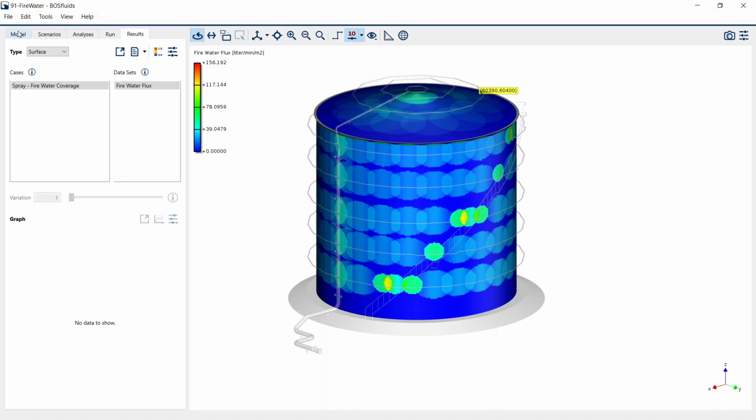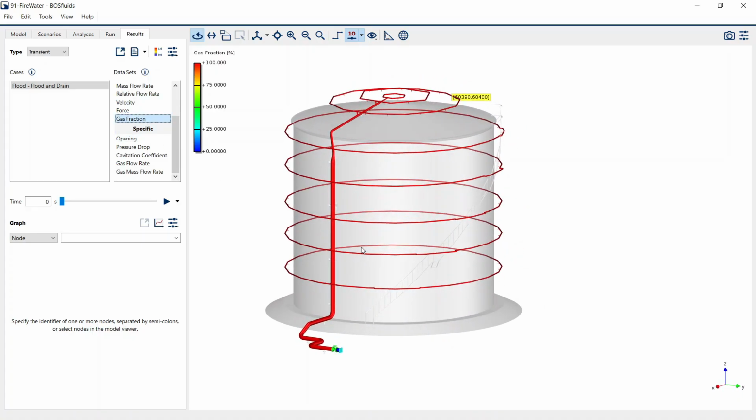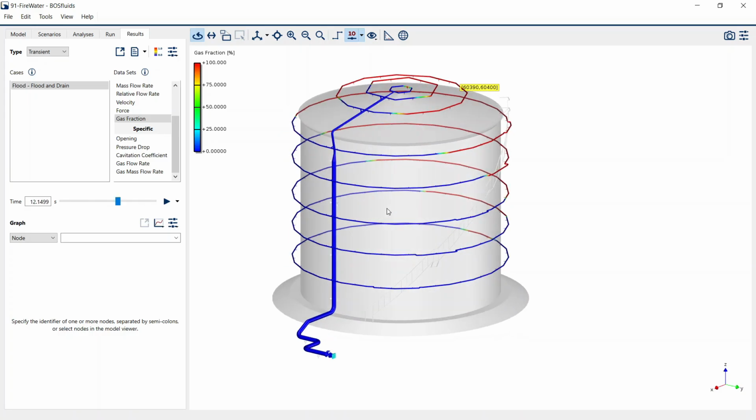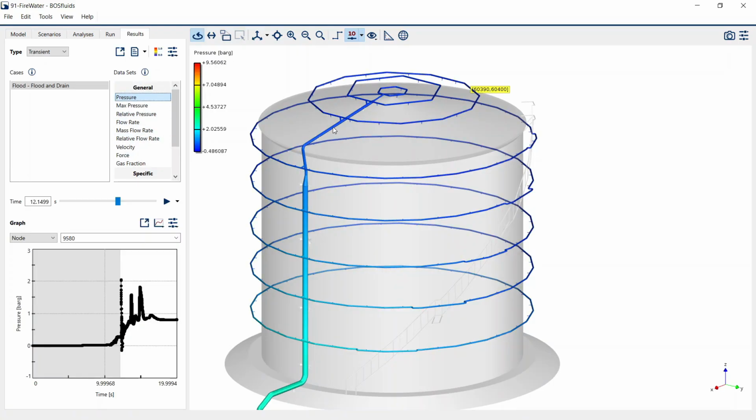So when we go to the transient analysis, this is the flood and drain analysis. For instance, over here we have a valve opening, and after that the water spreads through the fire water system. If I use the time slider, you'll see how the water will go in your system. And if you, for instance, check the pressure at some points, you'll see that it can have pretty